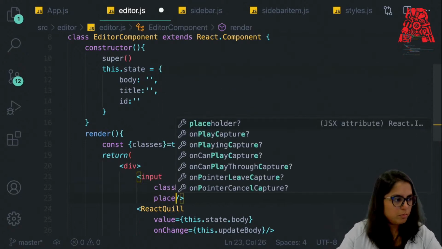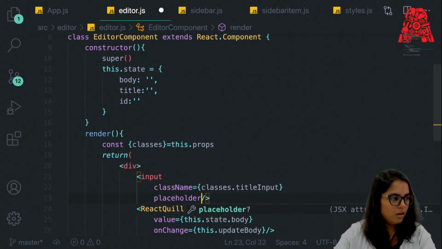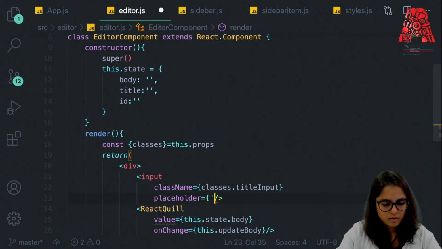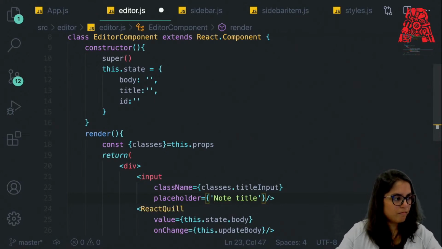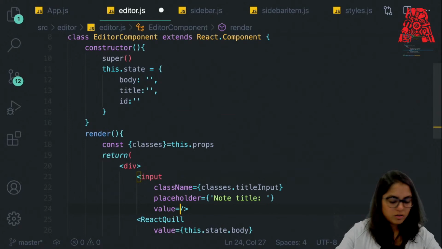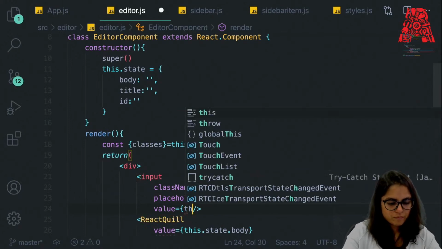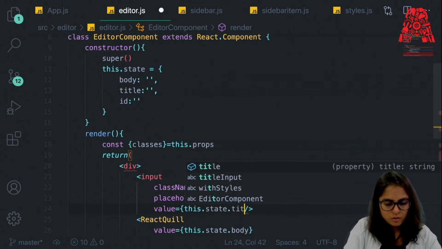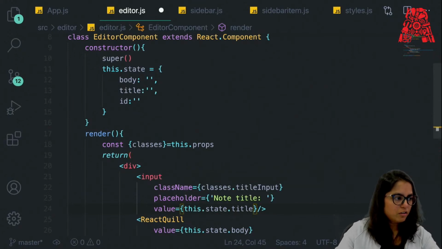Assign a placeholder which will be displayed until we write something there. A value, because we want the title to be here,